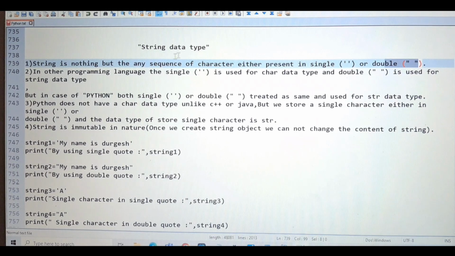But in case of Python, both single and double quotes are treated the same and used for the string data type. Python does not have a char data type unlike C++ or Java, but we can store a single character either in a single quote or double quote. And the data type of the stored single character is string only. So what I'm trying to say,